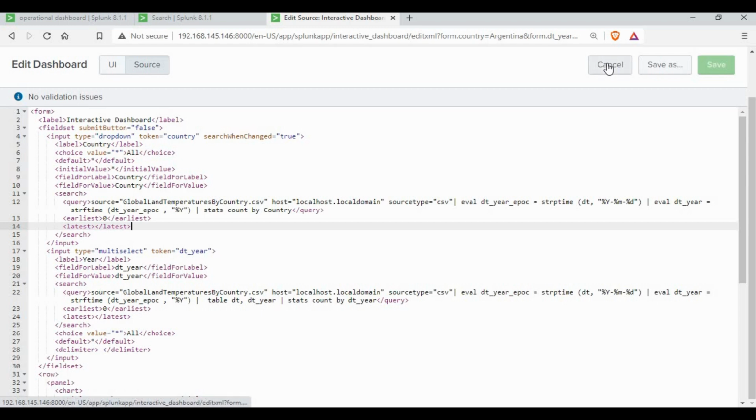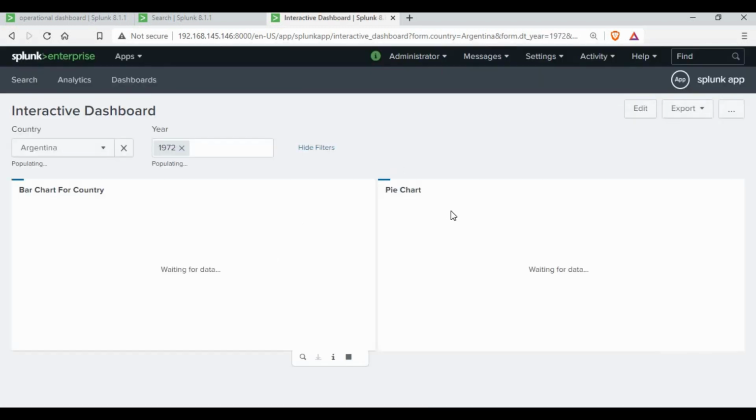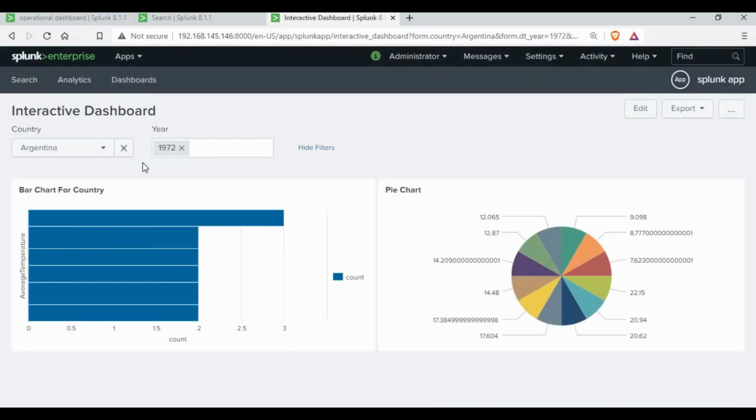Okay, so we will see that in the upcoming tutorial, but I think in this tutorial you are very clear on how to use the token, right? And you can add more filters if you want, but the concept is the same. You just add what you need to collect in the filters, which I've shown you how to get that detail, right? And once you do that, you use that token in your interactive dashboard. Okay,